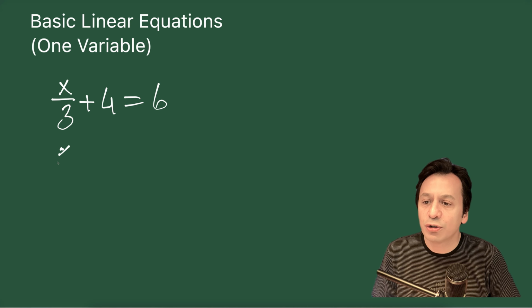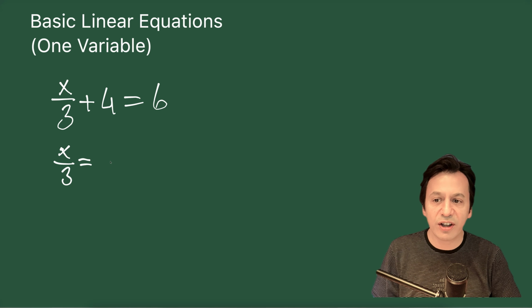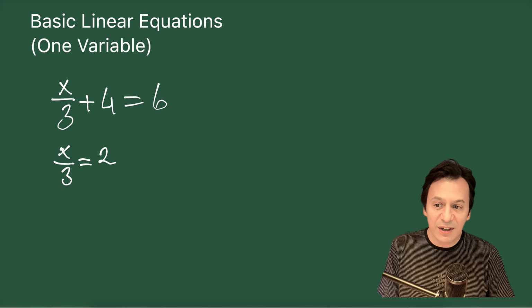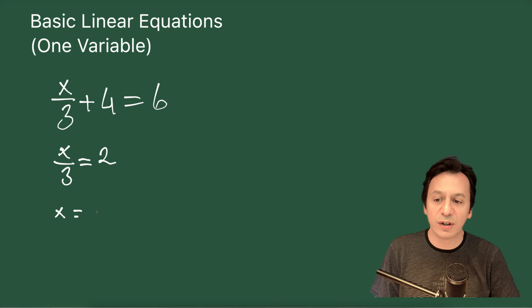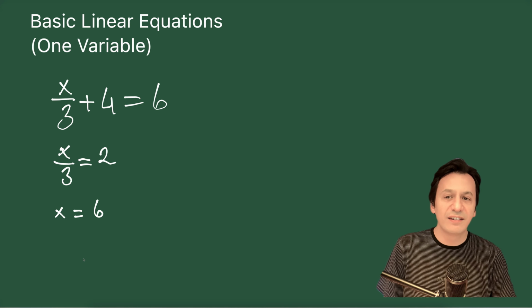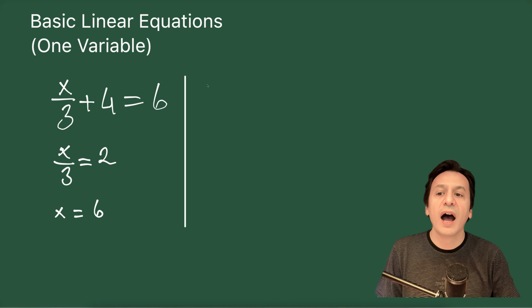I can either solve it like this: put this 4 to the other side of the equation as minus 4 and it becomes 2, and then pass this divided by 3 as multiplied by 3 to the other side of the equation, and I can get 6. What else? Well, I can